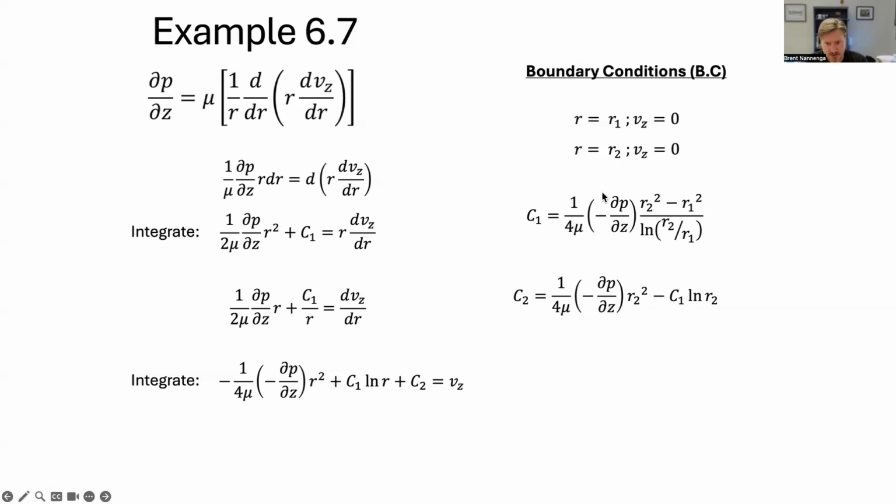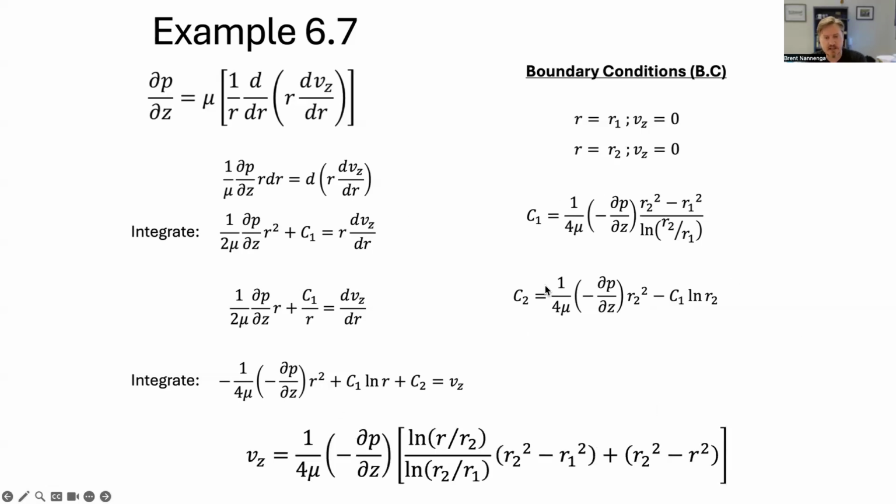So to get C2, you'd plug this in here. We're not going to go over this in detail because you can see how much algebra this is going to get. But if you plug all these in and you simplify everything, you get this equation here, which is the velocity in the z direction is equal to 1/4 viscosity, the pressure drop in the z direction, and then the ratios of the natural logs of the radius with the inner radius and the outer radius